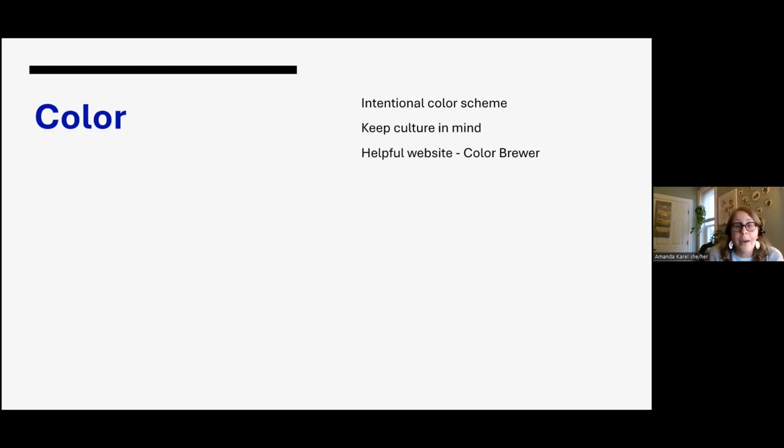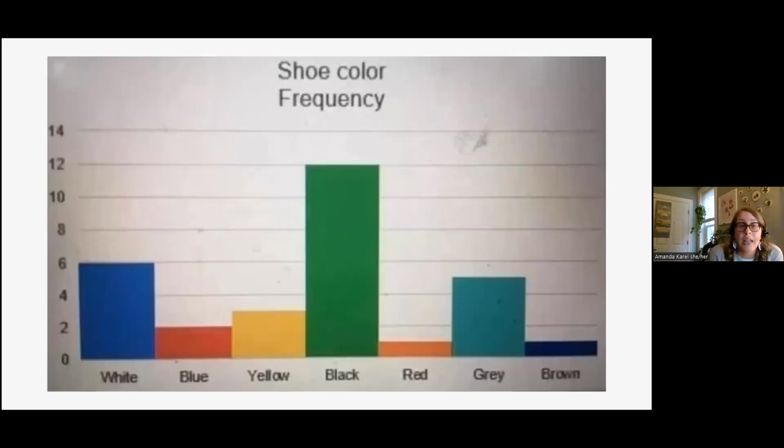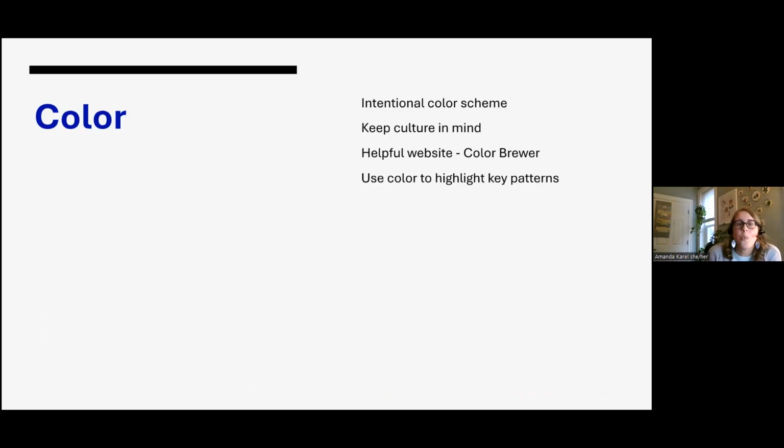So color really is about more than making your chart look nice. It can really impact people's attention, and it can be really, really distracting at the same time, sometimes incredibly negatively, like labeling something as blue and putting it with a red bar. So be intentional in that color. Use it to highlight key patterns or direct your viewers' attention. If the data is less important or it's supporting or comparison data, use a muted color for that, like gray,